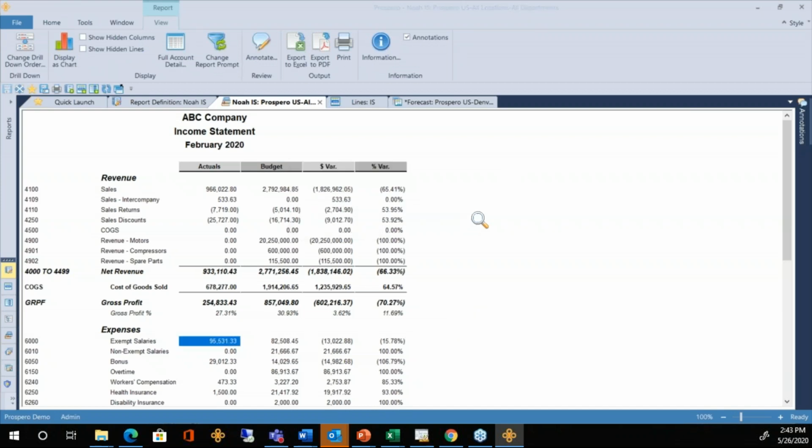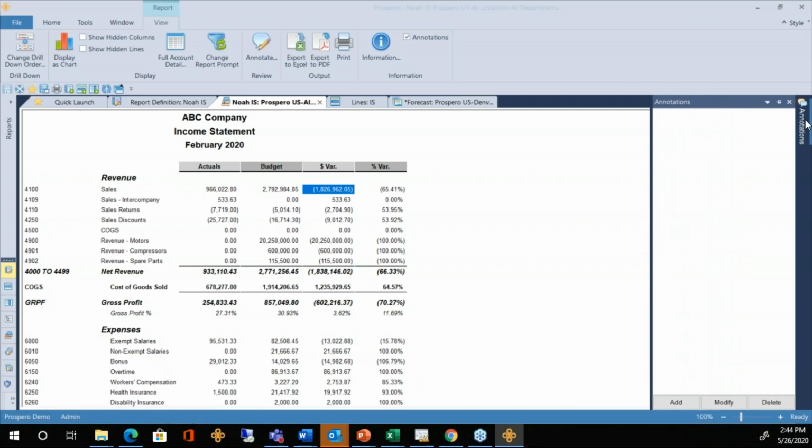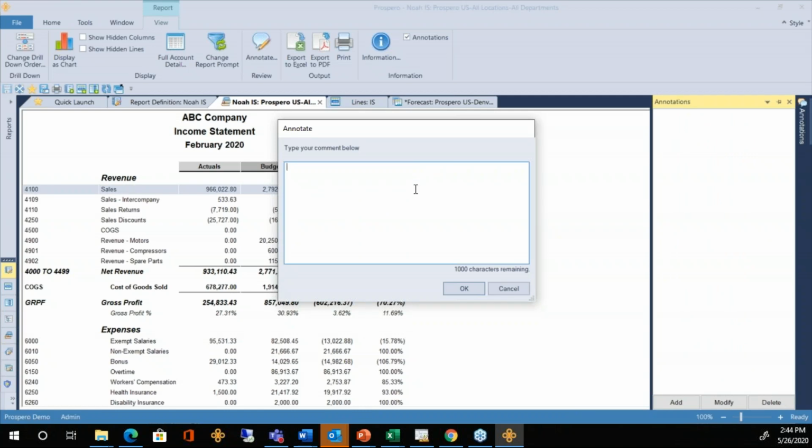And another great feature about published reports is that any person who has access to these reports can add notes to these reports. So if you've got this one, like an actual budget report with dollar variances, and you need to give explanation for any of these rows here, just click one time on any of these rows, go over to the right-hand side under the panel for annotations. This is where you add your notes. And at the bottom, there's a button for add. You can add your details here.